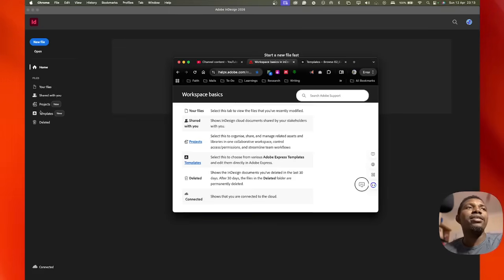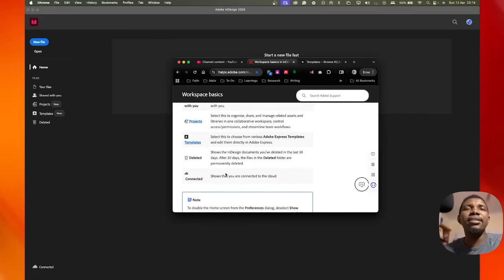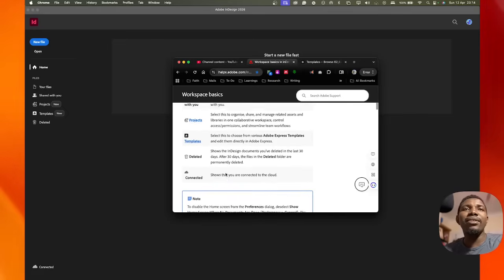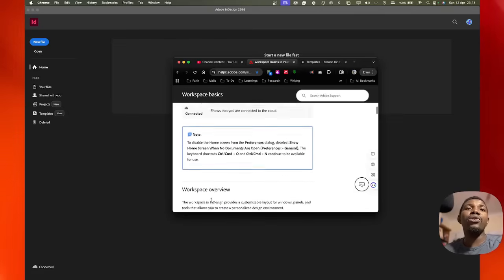Then we have the templates. Similar to the presets, it helps you choose from the various available Adobe Express templates online, and then you can edit from them directly like I attempted to do earlier. And then the deleted files section shows you the things you've deleted recently in the last 30 days, and after 30 days those deleted files are permanently deleted. So when you're connected, it shows you're connected to the cloud, meaning you can access documents live from the Adobe